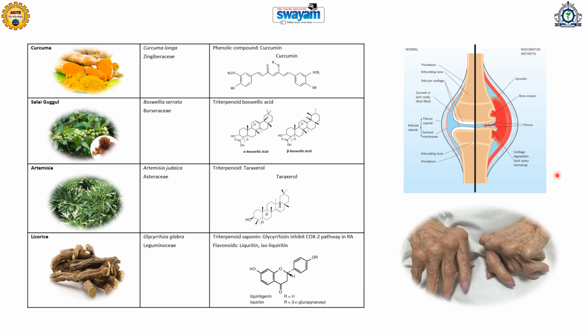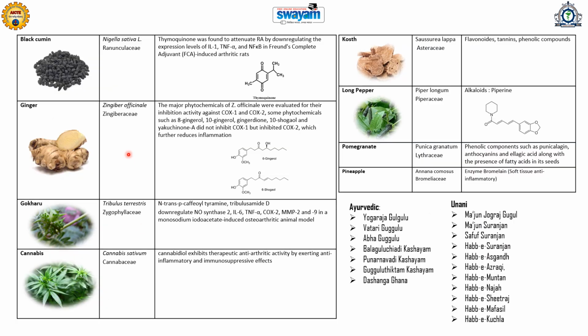So altogether, these different types of medicinal plants are found to affect various molecular targets that are causing the increase in arthritis-related symptoms of joint pain, and thus they give relief. They prevent the arthritis, or if arthritis is there, then its further progress is delayed by the consumption of these medicinal plants and their derivatives. Next plant is black cumin, which is Nigella sativa, family Ranunculaceae, and it contains